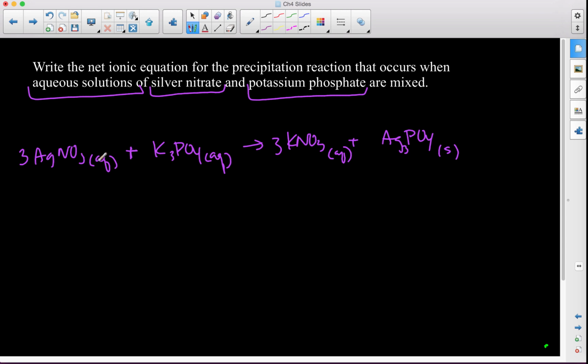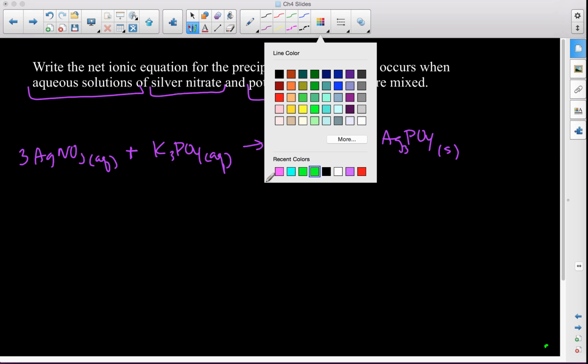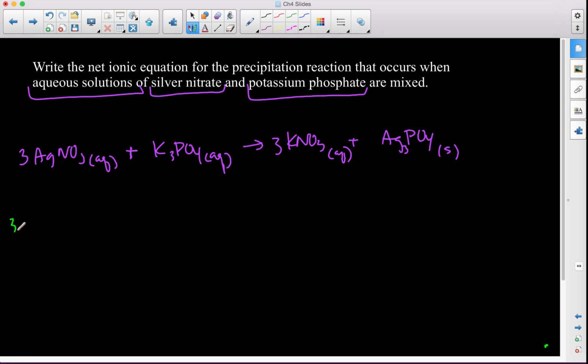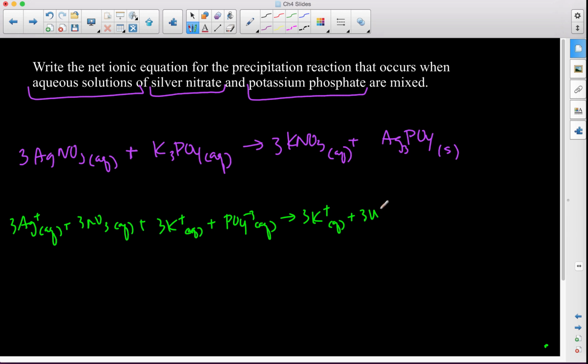For everything that's aqueous, that means it's going to dissociate into ions. So that means that we have 3 Ag ions, 3 nitrate ions, 3 potassium ions, 1 phosphate ion, and 3 potassium ions, and 3 of these. This is very tedious. But hopefully the point is